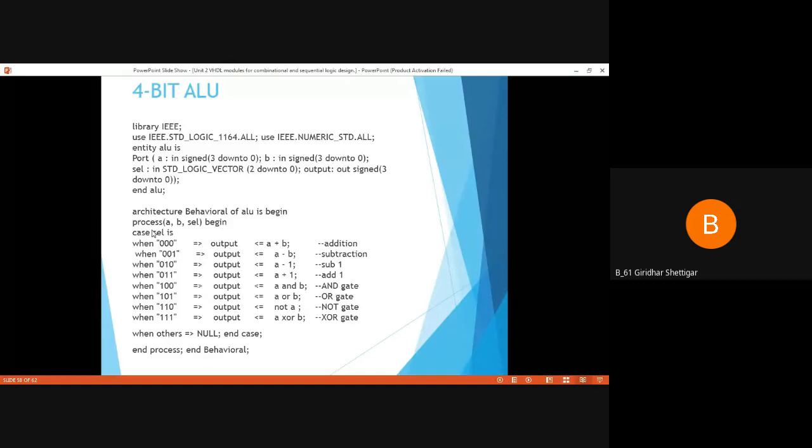Syntax for case. Jnaneshwari? Kaustubh? Radhika?